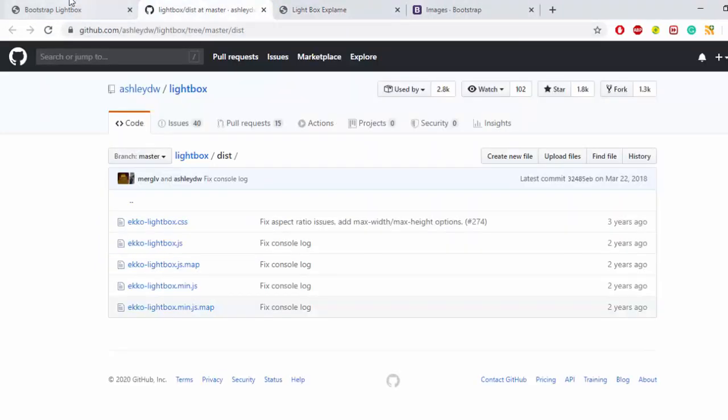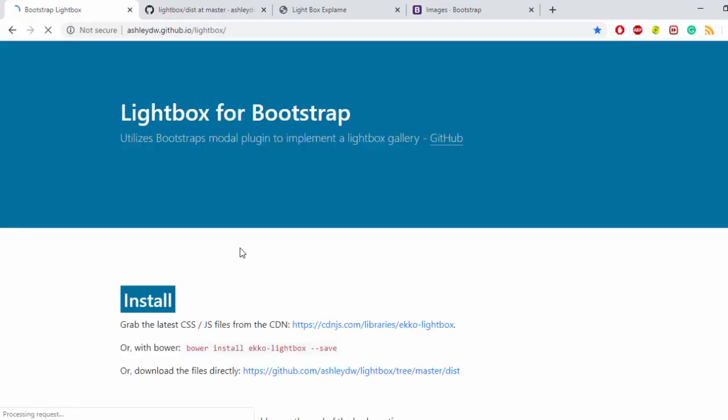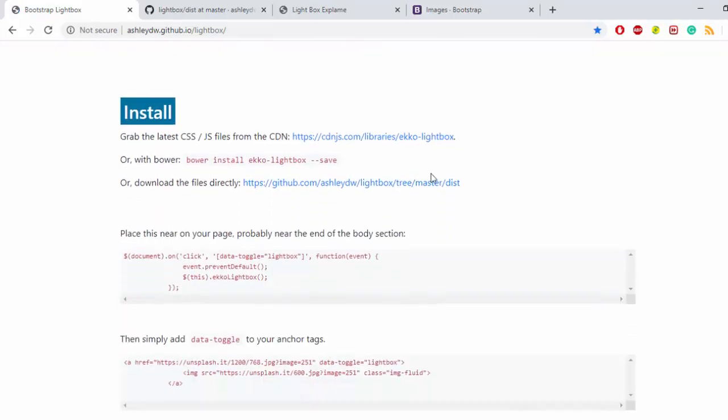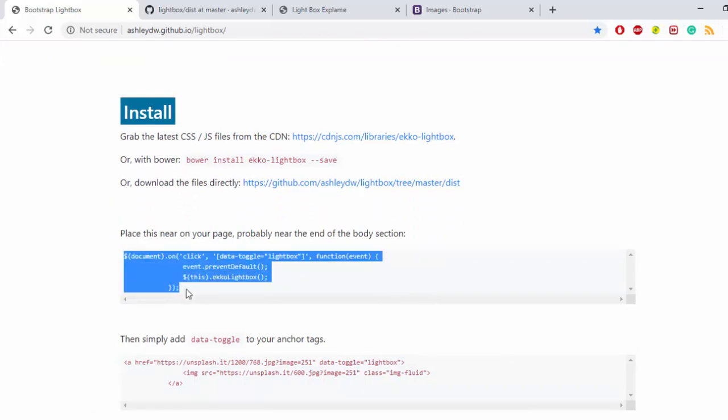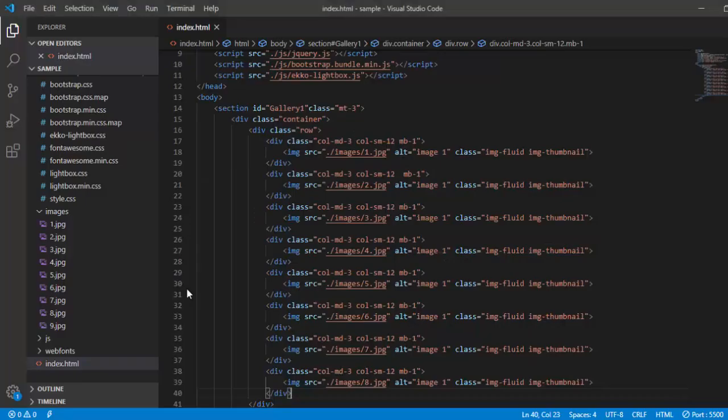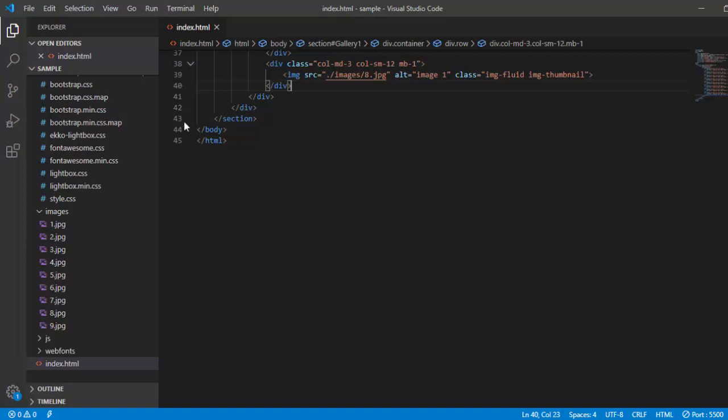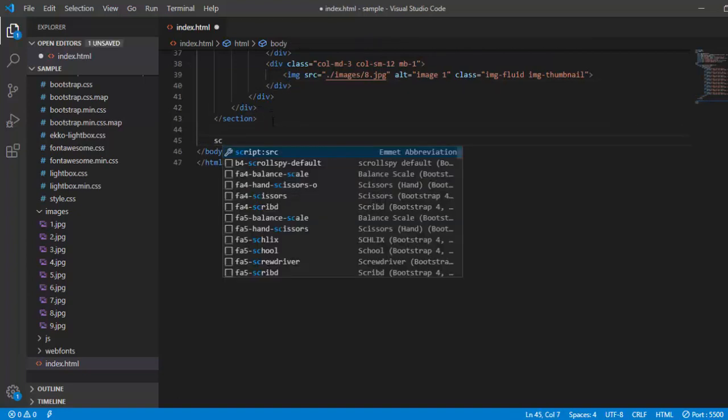So now let us see what's the use of Lightbox and how we can use it to enhance our gallery page. Okay, so the first thing they are telling us is to paste this code at the end of the page, right? So what I am doing, I am pasting it at the end of my page.